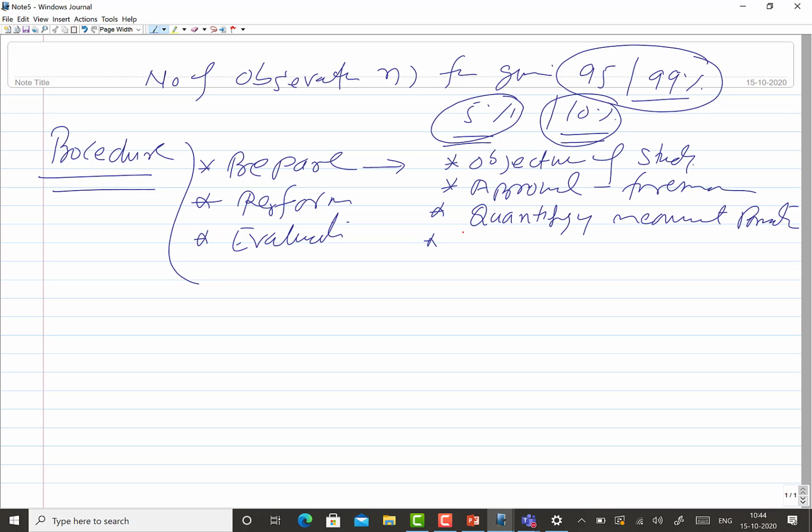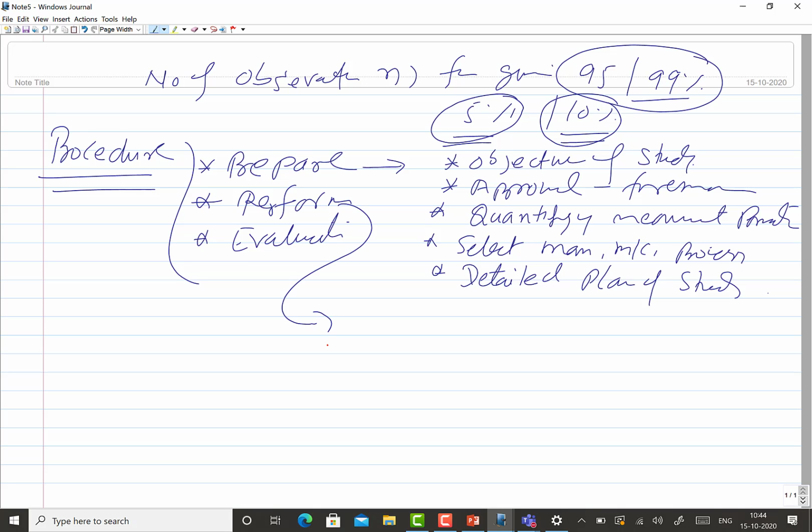Then it is also important who will be studied. So select the man, machine or process to be studied, that has to be fixed, and then make a detailed plan of who will be doing it, how it will be done, when it will be done. So a detailed plan of the study. Okay, these are about the preparation stage, and then performing is another stage that is furthermore